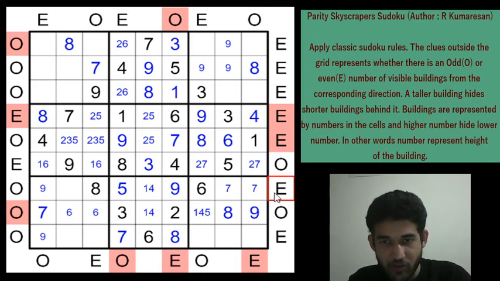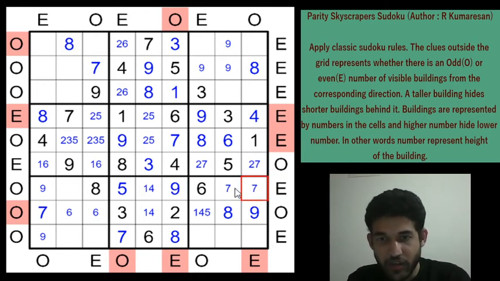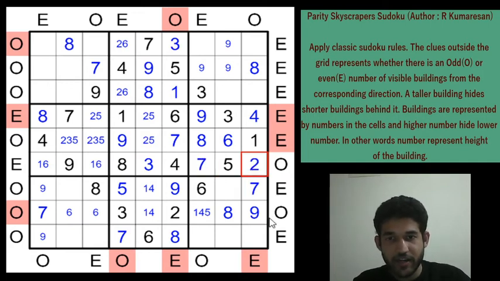So you have an even clue here. If you put a 7 here, regardless of whatever digit comes here, you will see that digit. You will see the 7 and you will see the 9. That gives you 3 buildings. So you can eliminate the 7 from here. That gives you a 7 here, which gives a 7 here and a 2 here. That's great. So you have a 3 here. 3 can't be in these two cells now, so that gives a 3 here. And using classic rules, these two cells must be 5, 6 now, because 3, 7, 9, 1, 2, 4 and 8 have been marked. So these two cells have to be 5 and 6.